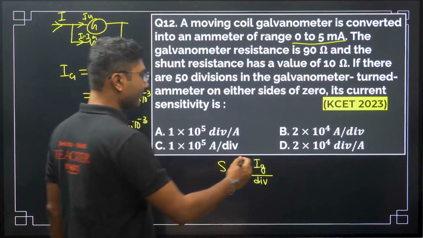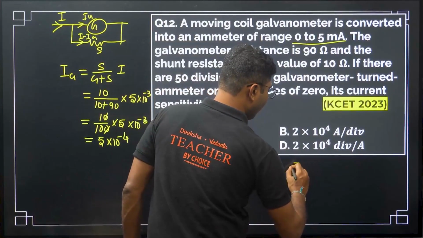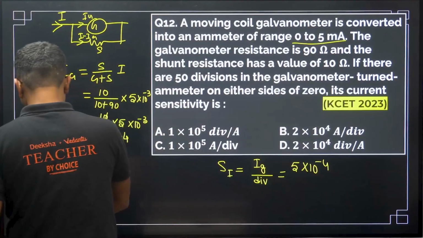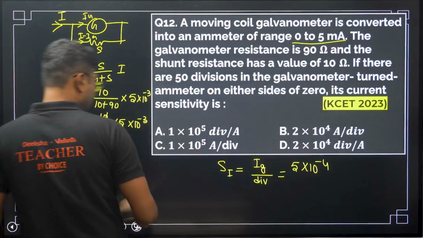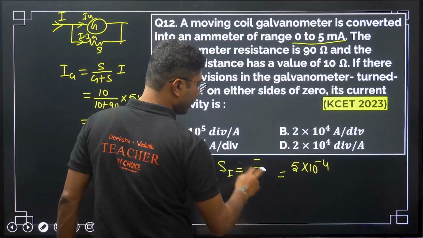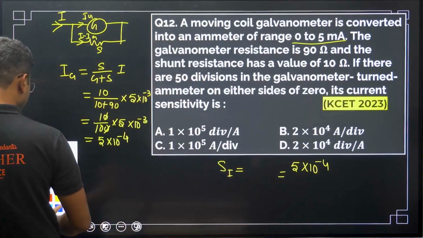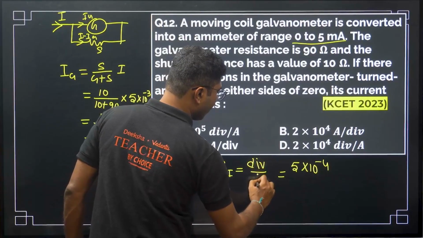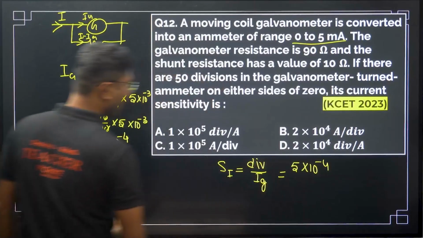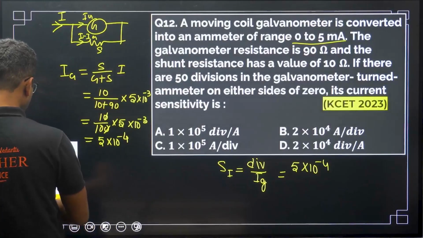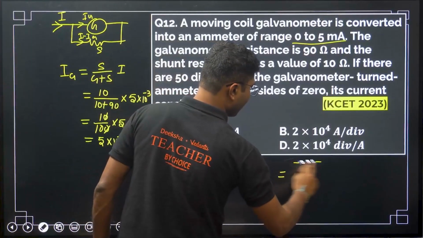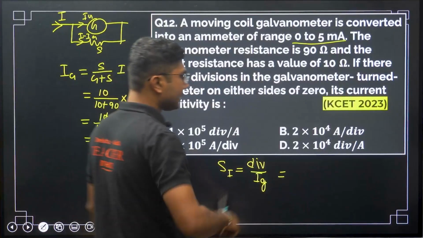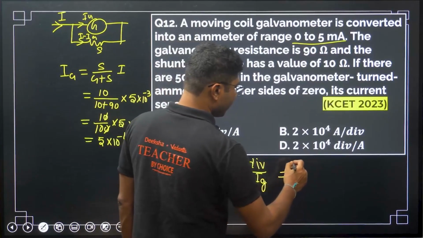Now let's put these values. Sorry, one more mistake I made here. The sensitivity is not division by Ig, it will be division divided by Ig. Per division, how much current you are measuring, that is the current sensitivity. And its unit is division per ampere. So division is